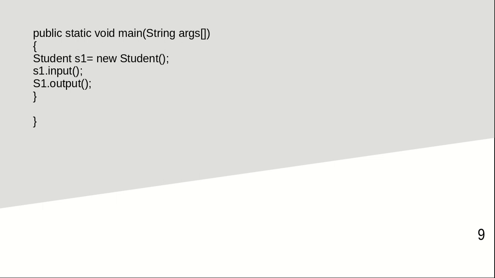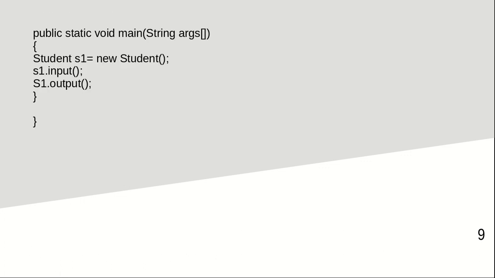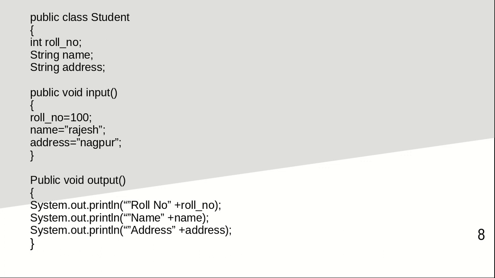So the dot operator is used to access the members or call the methods of our class. s1 is an object name, then the dot operator and then the method name. It will call the method defined here by the name input, and then it will initialize the members. After that we call the output method using the dot operator, and it will execute the statement System.out.println with roll number, name and address. So let's do the program